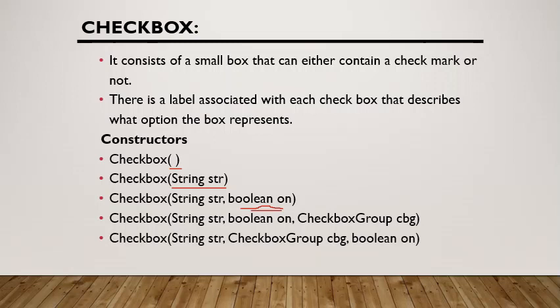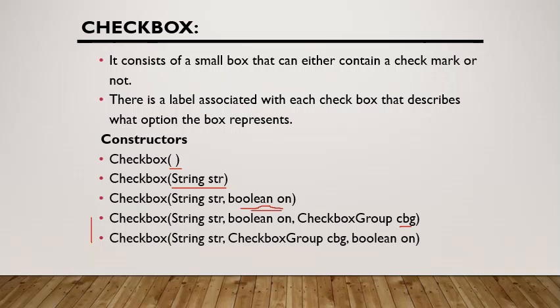Now another constructor is there, that is the important constructors 4 and 5. Okay, here one more component is added to the constructor, that is what, checkbox group. That means if you want to create a radio button in Java, there is no separate radio button component as such in Java, but with the checkbox only you can create the radio button. So if you don't want to create the radio button and you want to keep the checkbox only, then you can use any of these first 3 constructors.